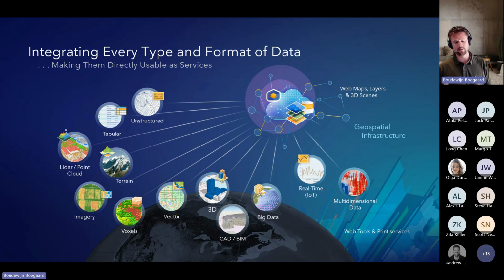And what we can do is we can make services of those data types that can then turn into layers that we can add to web maps or 3D scenes, maybe put them into an app that we can share, or use this to connect to another system where that data is being used or updated.